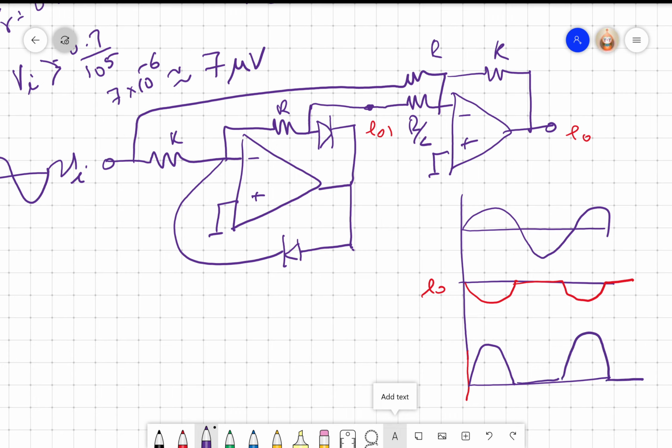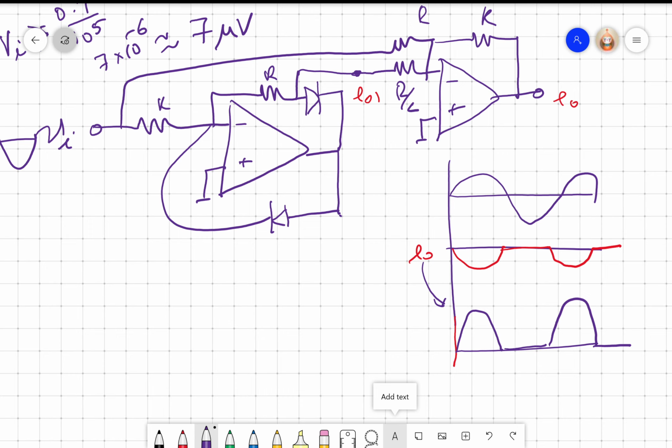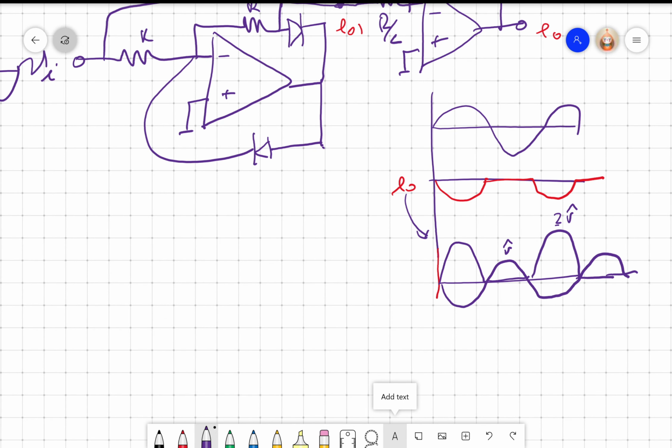So this is E0 multiplied by -2. Now I am also having one more input, which is output will be minus the actual voltage, right? So this is V hat, this will be 2 V hat because we are multiplying by 2. If I add these two, I will get exactly. So we have a full wave bridge rectifier.